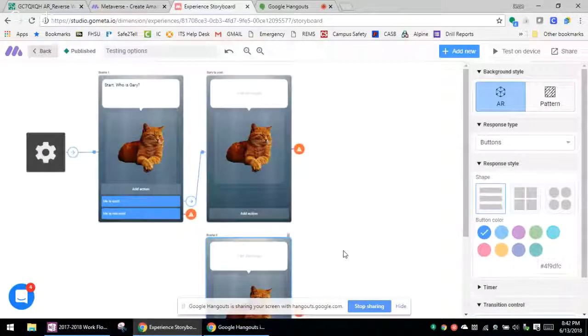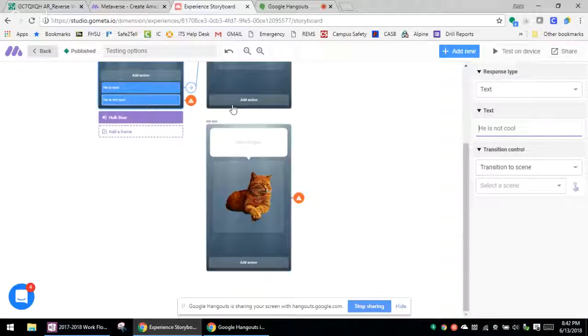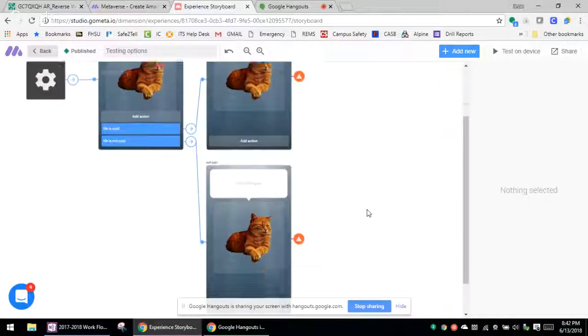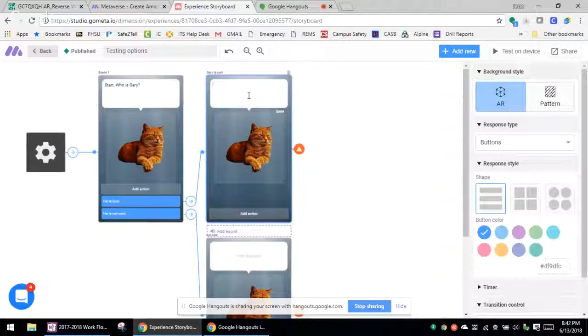Another one here like this. We'll call this scene not cool. Now we transition to not cool. So if they selected this button, they're going to get this, which is cool. And not cool. So you can see, definitely you can see how you could